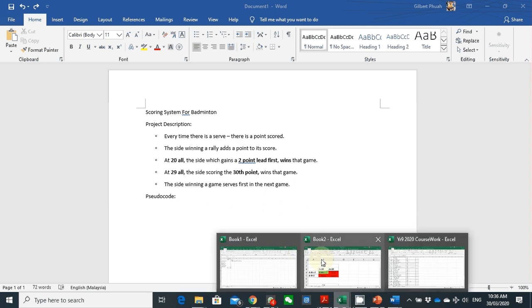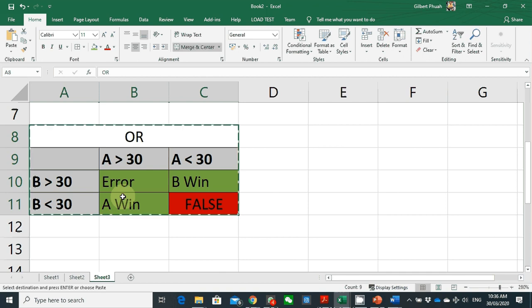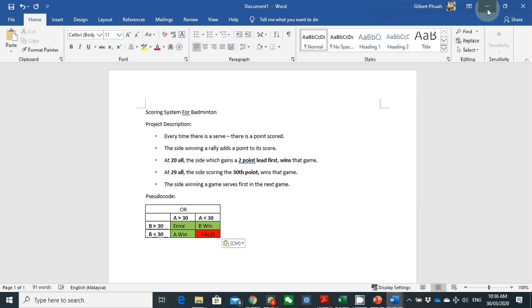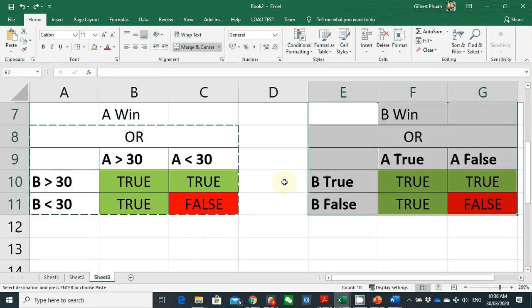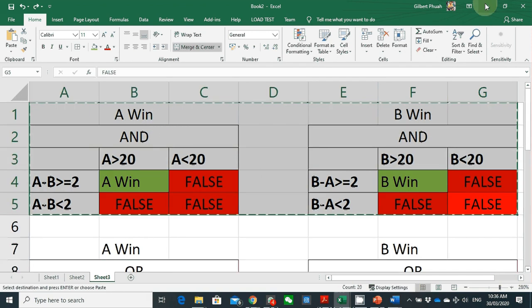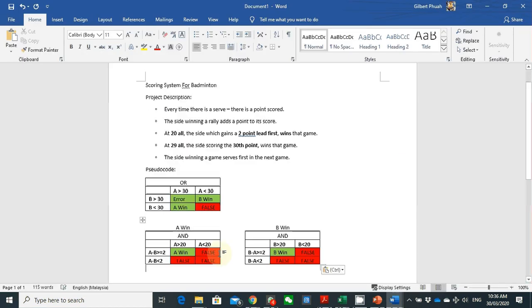This is my pseudocode. Okay, so if A wins or B wins, and then next,